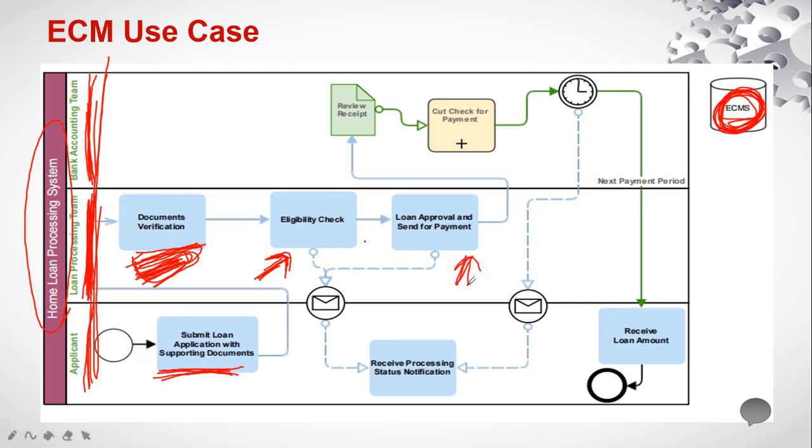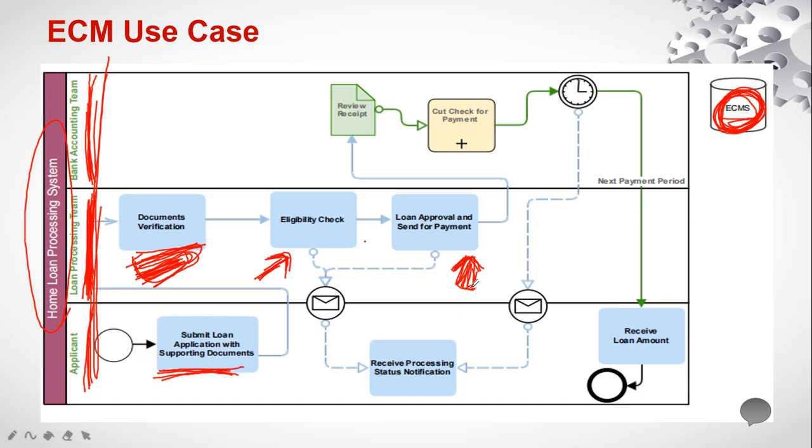They will validate. They will have their own process actually. Before approving the loan, what are the things they have to check? They might check some CIBIL score or whatever things they want to check. So they'll check those things, and once they have checked everything, either they will approve or they will reject.